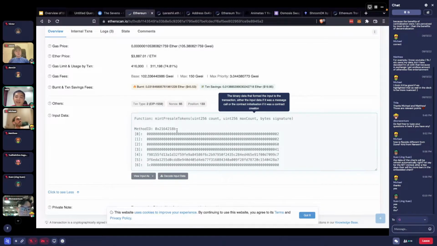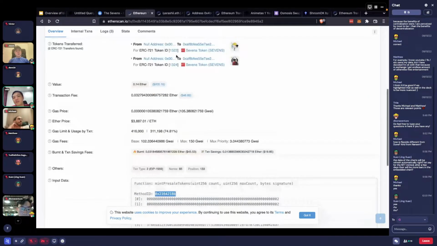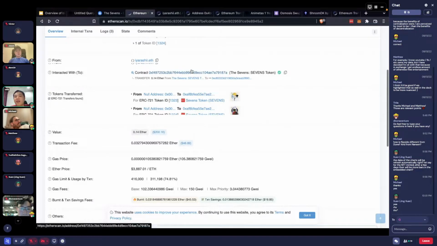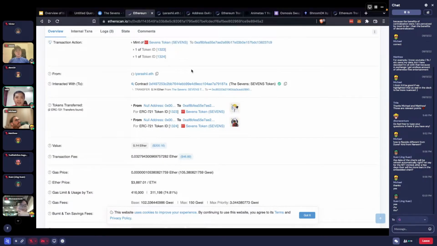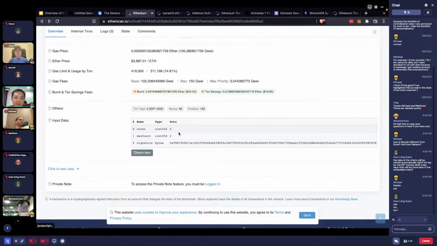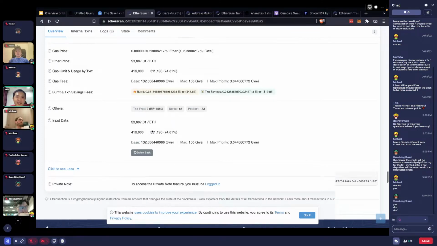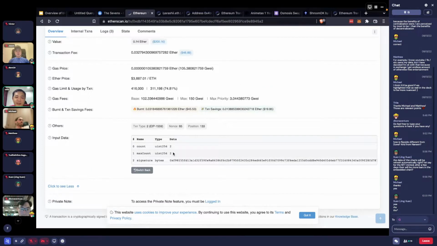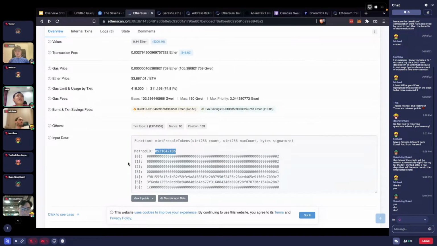So like Aave would have their own Aave function, and then they would have their own specific contract. Reading the docs and knowing the contract allows us to curate those and bucket them under Aave. And then you can even click on decode just to see what they say. Usually, if it's an NFT, it's not anything important, but